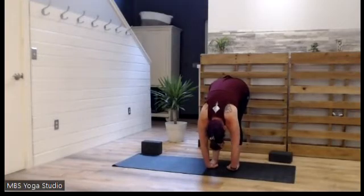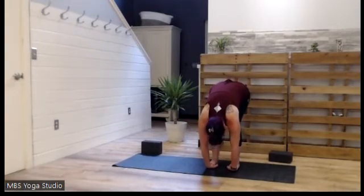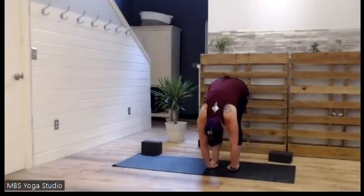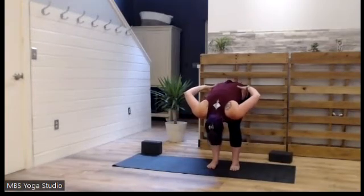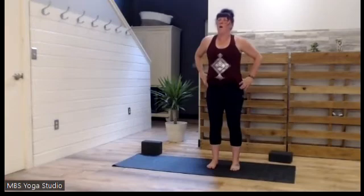So this is actually a wrist release from all of those vinyasas you just did in your warm-up. You might wiggle your toes a little bit. You can bend your knees as much as you need to get your hands flat on the floor. One more full breath. Stay here, exhale it out. Release your bind, bring your hands back to your hips, slight bend in your knee, lift all the way up